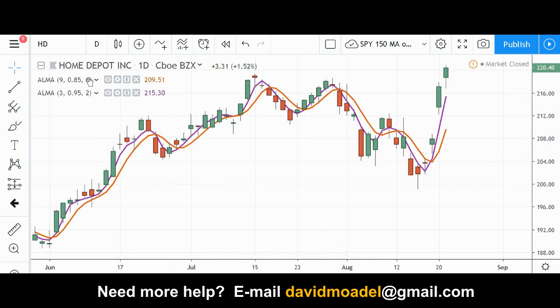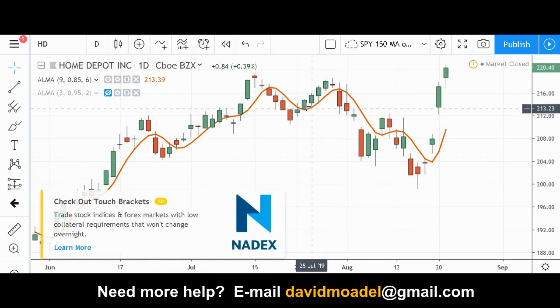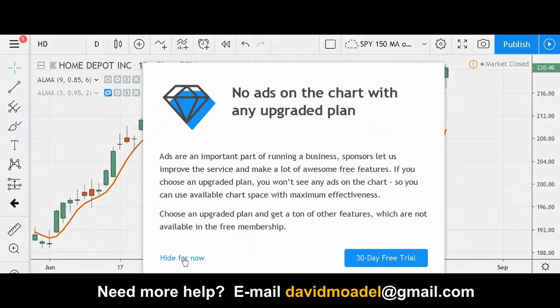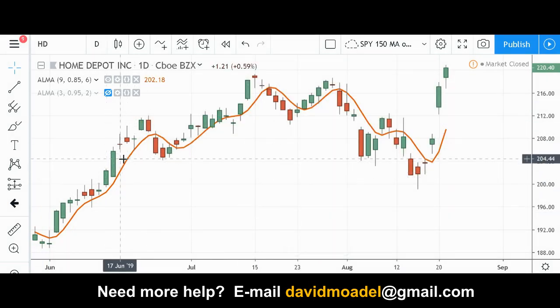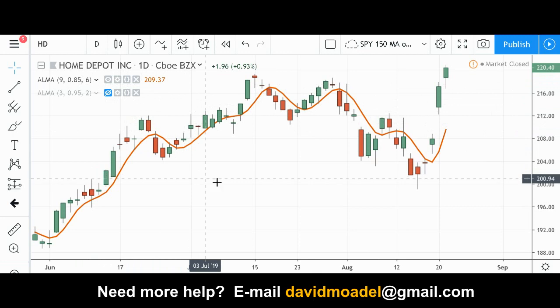You do not have to use the default settings, although I do kind of like the default settings, which is an orange line here. Okay, I like the distance between the default line here. Whoops, a little bit of advertising there. I like the amount of space between the line and the candlesticks. That seems to work pretty well. You get a nice distance here. You don't have the candlesticks exactly on top of the line, but they're not too far away either. So the default setting seems to make some sense. But again, I encourage you to play around with that.